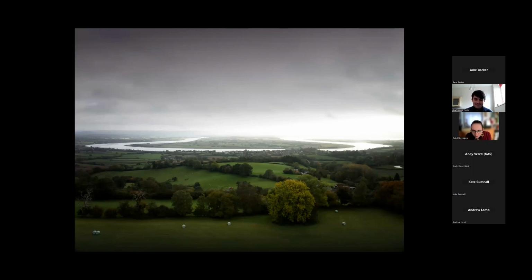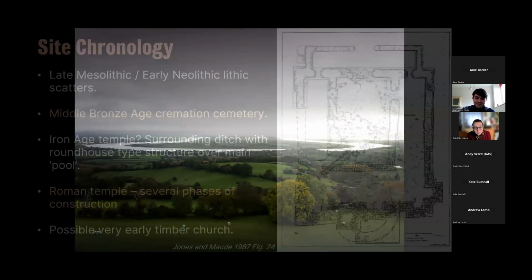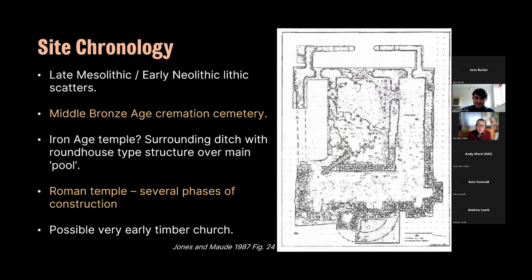It is not uncommon for perceived special points in the landscape, especially those with excellent vantage points or those connected to natural, geological, or in this case, tidal phenomenon, to be visited and become focuses of activity by prehistoric groups, and this site is no exception. The site itself appears to be a focus of activity for thousands of years. Not only do we think that this is due to the view over the Severn and the amazing Severn Bore,